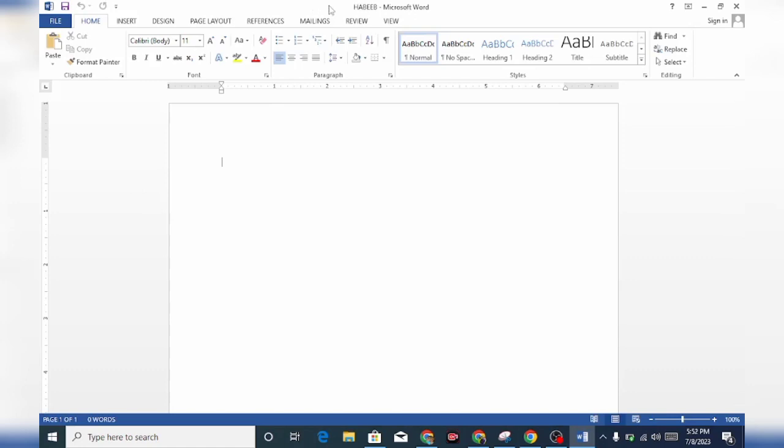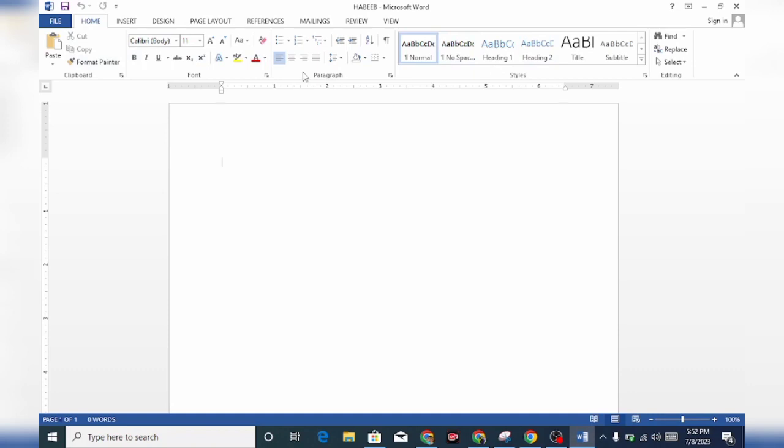So I said on the toolbar of the home we have different tools here. We have the file, we have the home, we have the insert, design, and so on. On the toolbar of the home, we have the clipboard, we have the fonts, we have just 4 major aspects of it. We have the paragraphs and we have the styles. We are going to work with everything in this home today, but we are not going to write a lot of things. We are just going to practice with just